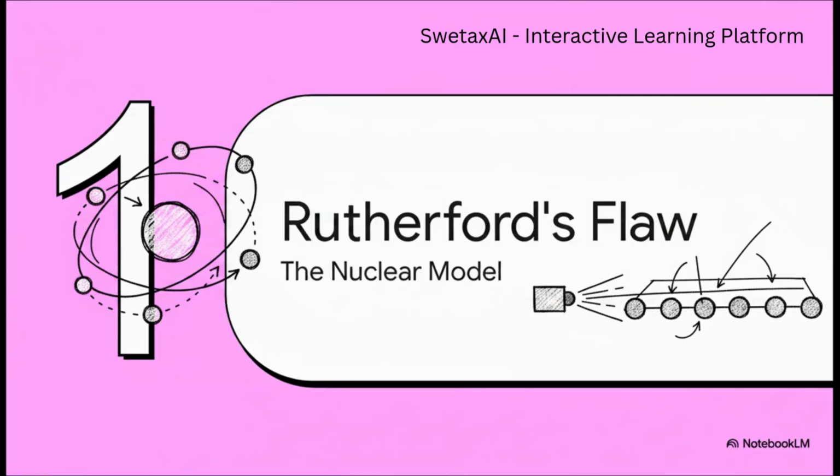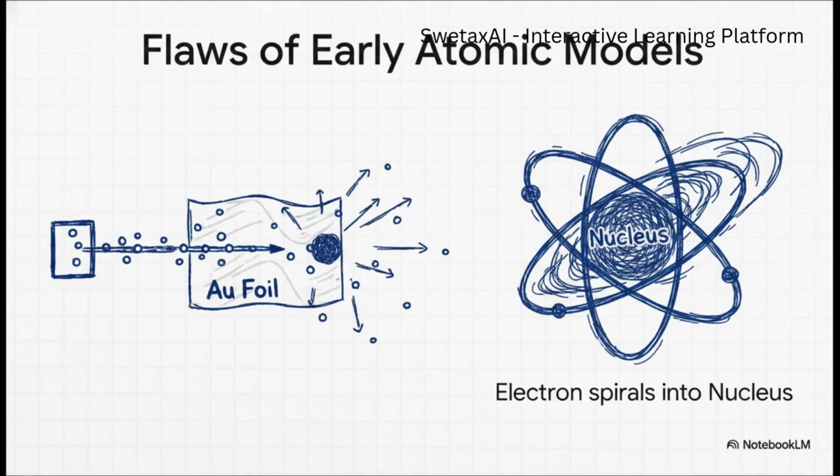All right, section 1, Rutherford's flawed nuclear model. Let's start right at the beginning of our modern understanding, 1911. Ernest Rutherford does his famous gold foil experiment, blasting this incredibly thin gold foil with high-speed, positively charged alpha particles. Now, it was a massive success in one big way. He discovered the nucleus. He figured out that atoms have this tiny, super heavy, positively charged center packed with nucleons, protons and neutrons. But, and listen up because these are classic IIT JEE trap questions, his model had some fatal